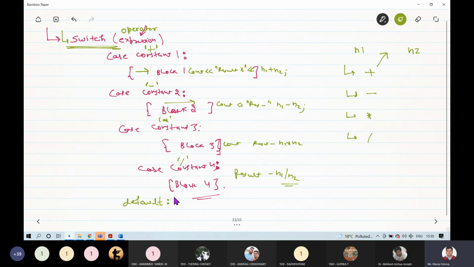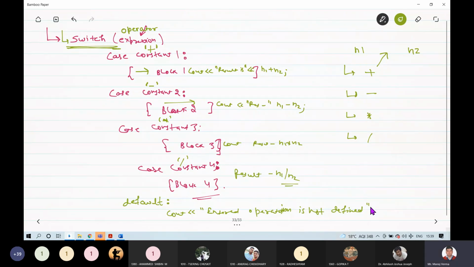So default is a kind of case for when the user has not selected any case. So in this you can write, let's say, entered operation is not defined in our library, in our code, in our program.